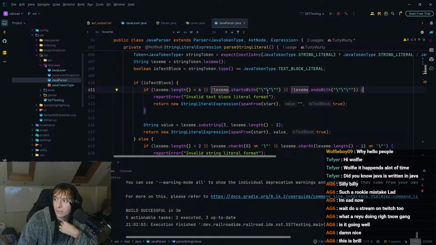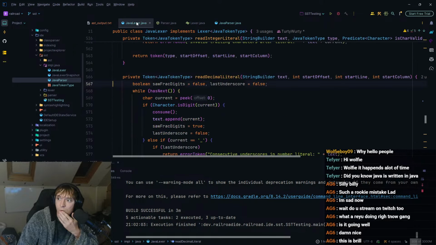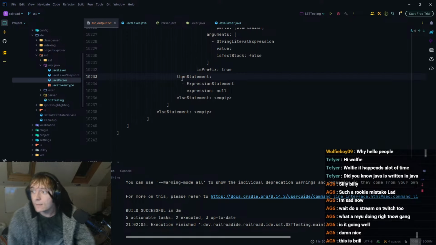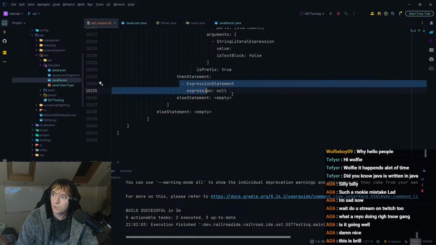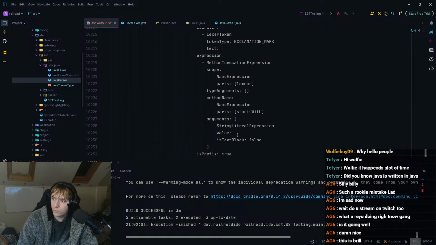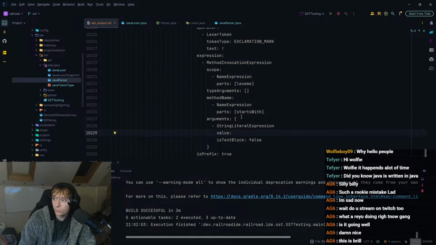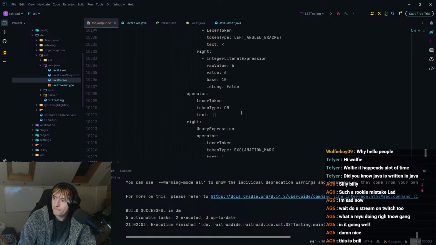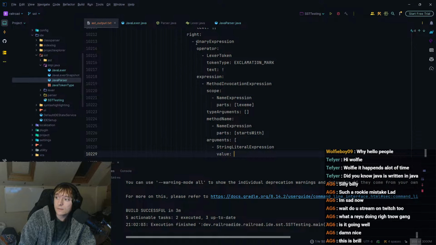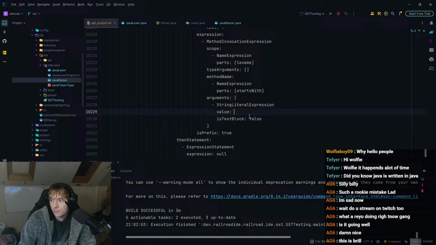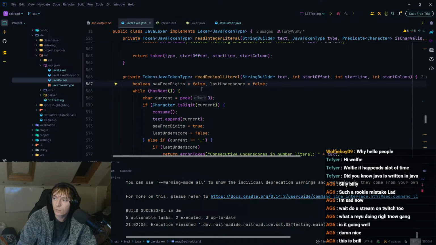In that case, I assume it's with the backslashing of these, but let's have a look. So what is it saying? So in the then statement, it doesn't know what to do. But that's because we look at the string literal. Yeah, okay, so what it's done is it's saying not lexeme starts with, and the string is empty. So it doesn't know what to do with the string.